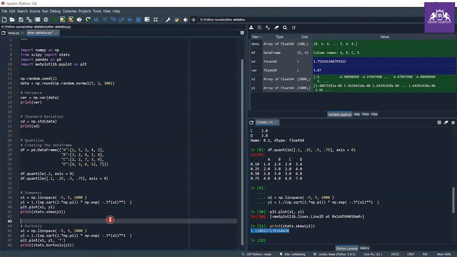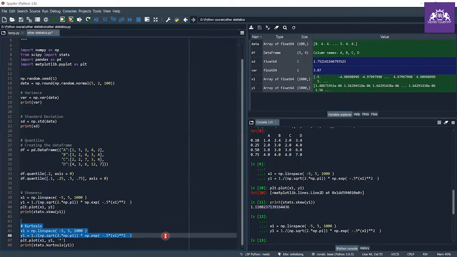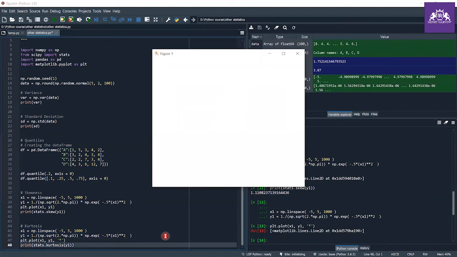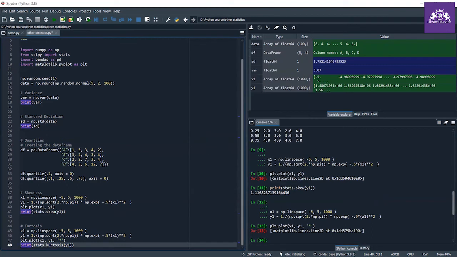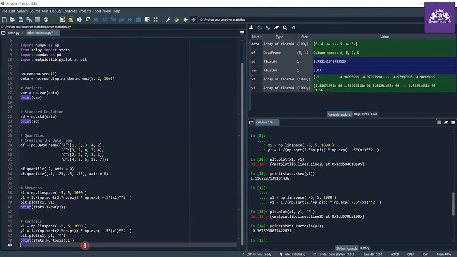So now let's calculate the kurtosis value. Here I make fake data also, and now let me plot this data. As you can see, we have data like this, which looks almost equal to the normal distribution. And let me calculate the kurtosis for this.